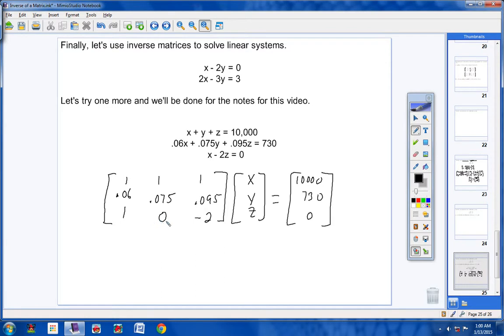Now, let me check my notes and make sure I've copied this correctly. Okay, if you find the inverse of this, it will be this right here. It'll be 15, negative 21.5, 7.5,